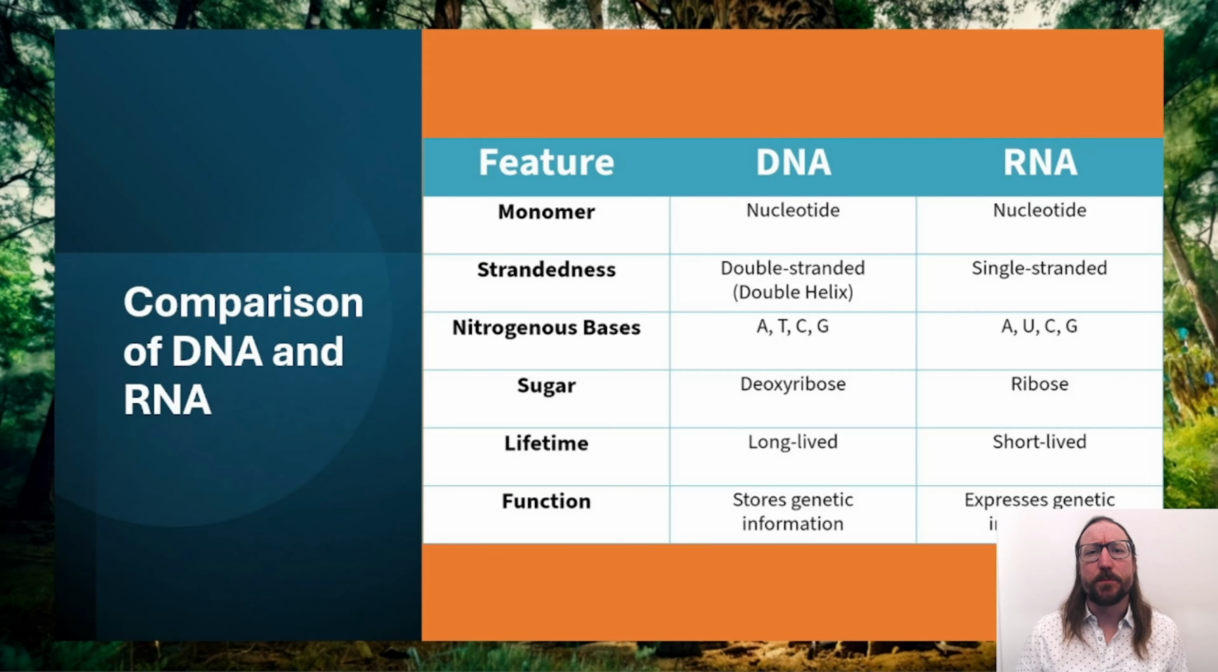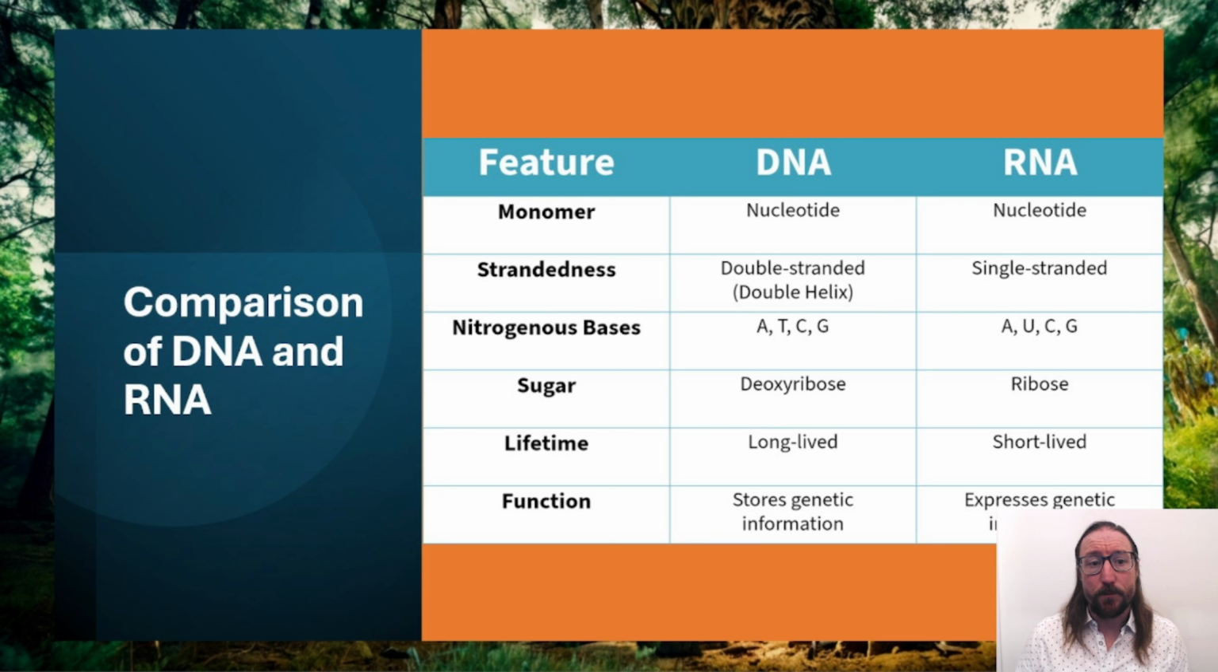Here's a quick comparison between DNA and RNA. For both, they're going to use a monomer of a nucleotide. Strandedness: DNA is double, where RNA is single. Nitrogenous bases: DNA has adenine, thymine, cytosine and guanine, where RNA replaces the thymine with uracil. For a sugar, DNA has a deoxyribose, which means it's missing an oxygen off its carbon ring, where RNA is